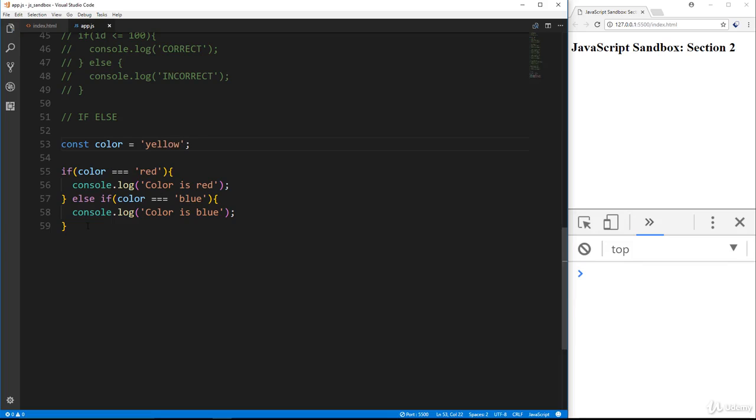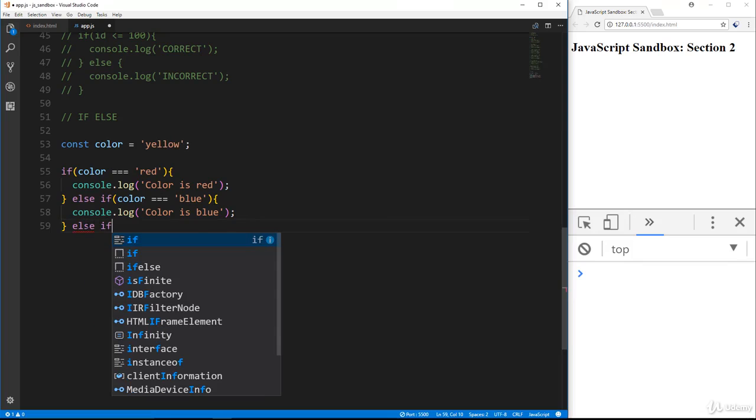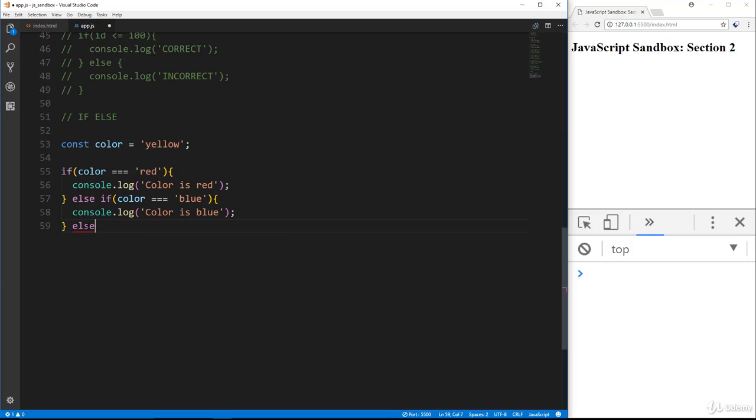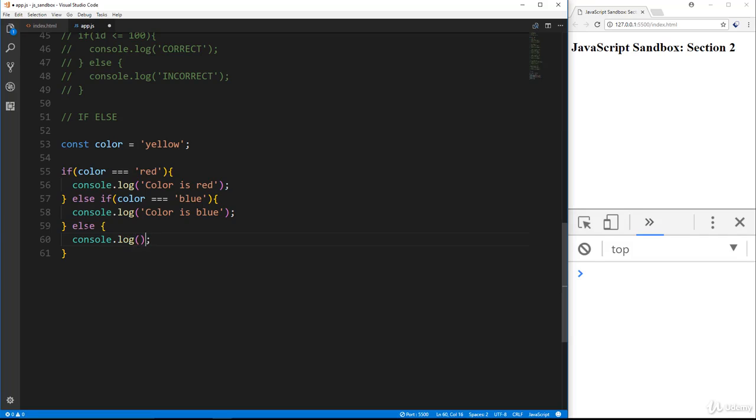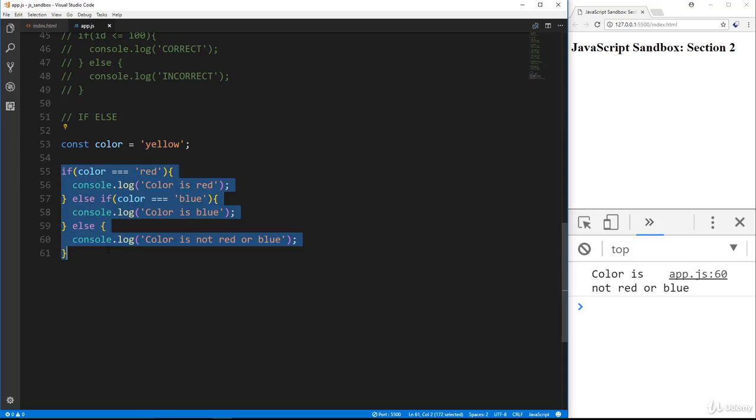we get nothing. So this is where we can put in an else. All right, and we can keep doing other else if. We could say else if, you know, color is orange or whatever, but when you want to actually end it, we'll just do an else, and we'll do console.log and say color is not red or blue. Okay, it needs to be something that makes sense. So we have yellow in here. We run through the tests, the else, the else if, and it doesn't match,